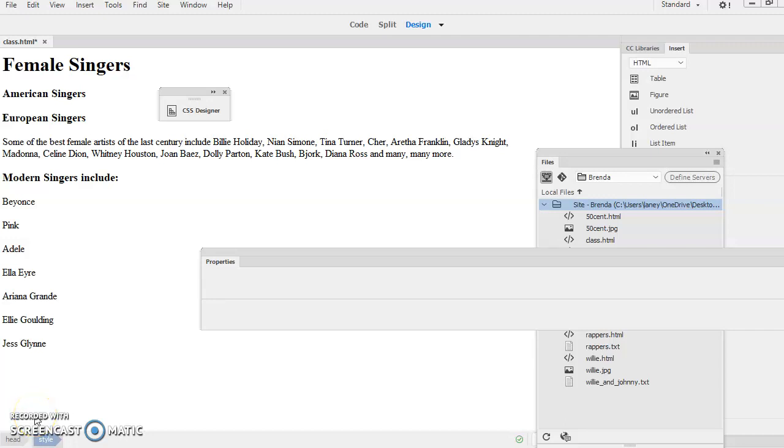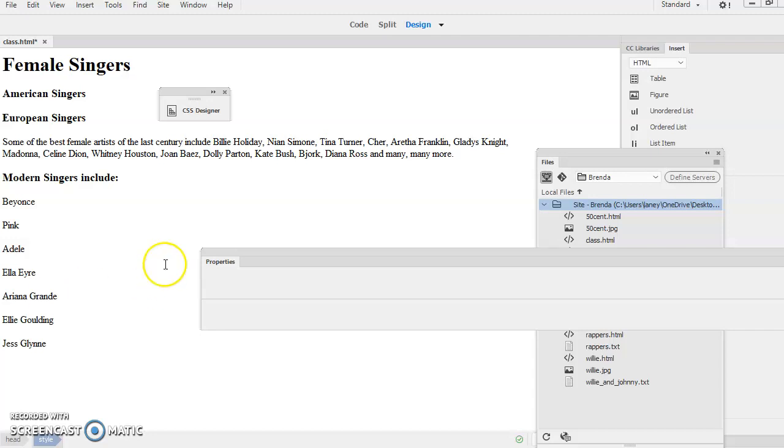So we have discovered that you can add style and color information to a tag, and you can also add it to a class, and a class is a style that can be used over and over again in a page. And there is a third way to create a style, and that's using an ID. And an ID tends to be used just in one place in a page, but sometimes IDs and classes, people use them interchangeably, but the point of an ID is that there would only be one object with an ID